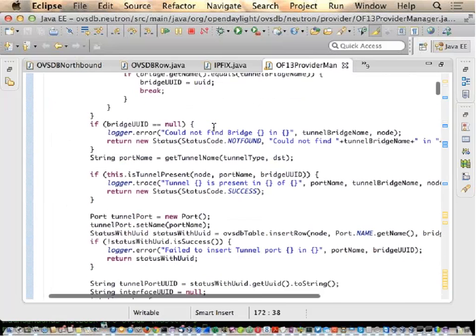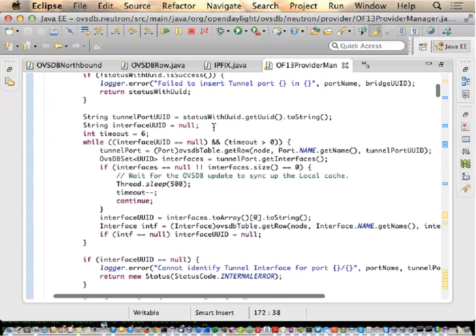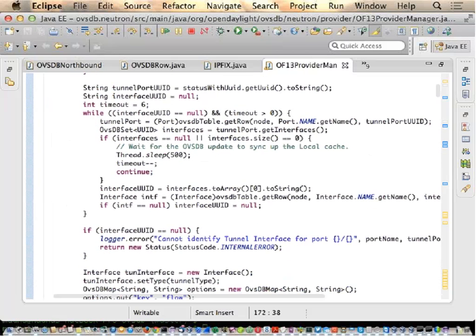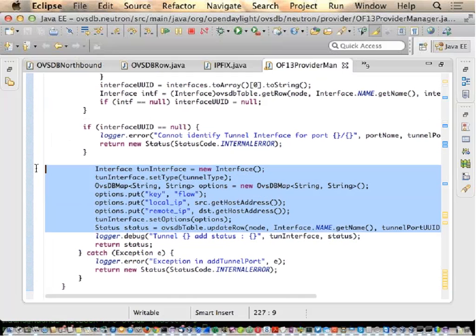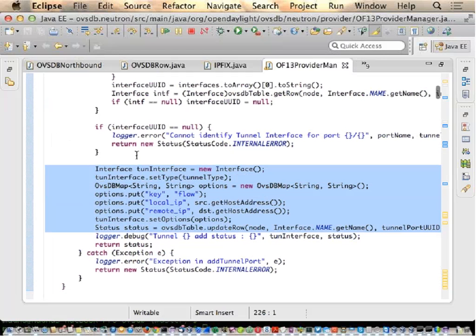What you're doing is you're actually adding a tunnel here. There you go, right? So using OVSDB's update row mechanism, we create this interface and we add the local IP, remote IP, key equal to flow, set it up, and it creates a tunnel for us. So it's pretty awesome. And the update row is a function that is provided by the library, and then we are